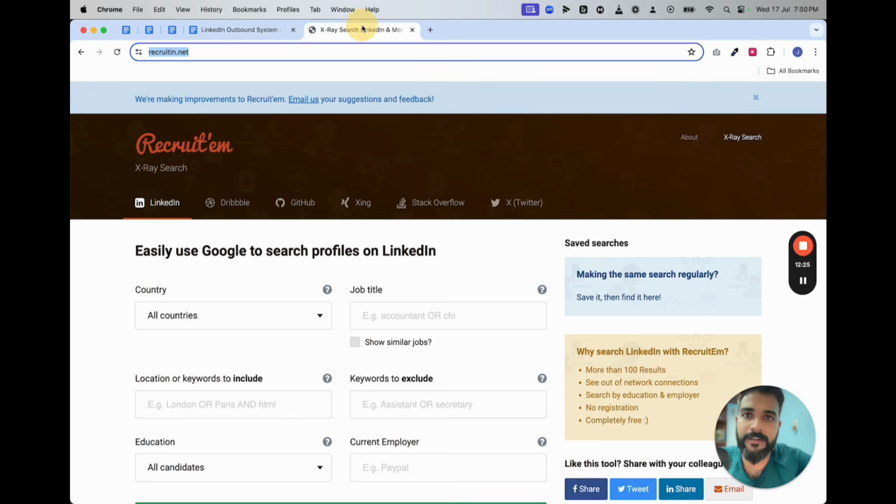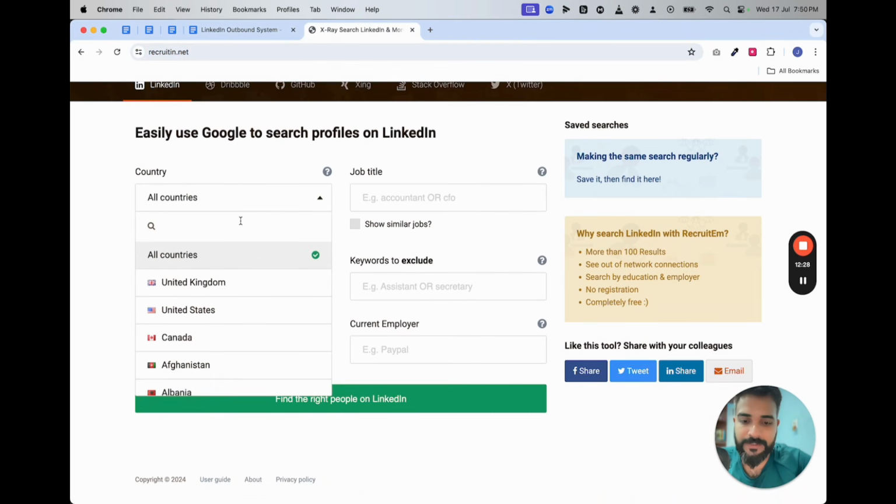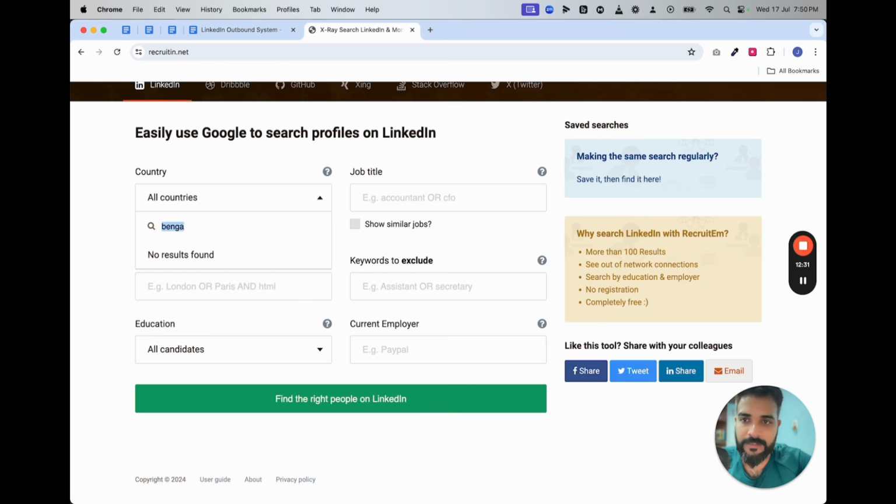Now here you can search for any specific geography. We can go to India, and for job title, let's say CEO, or founder, or owner, whatever. You can pretty much find the kind of data that you want, and in locations or keyword, you can search for the exact keywords that you want. Let's say hospital. It doesn't allow us city-wise filtering. Otherwise, it would have been fun. But okay, no problem. We'll go with this one.